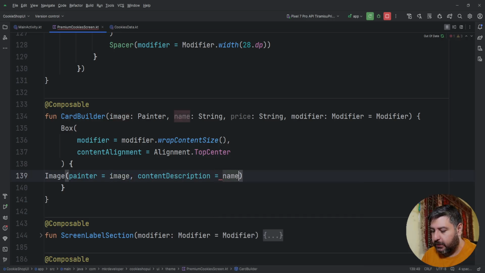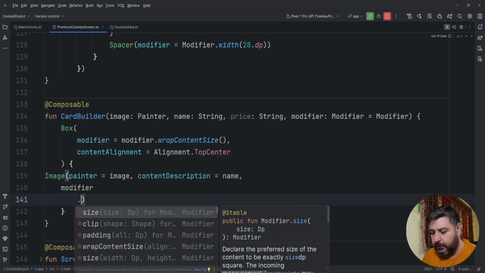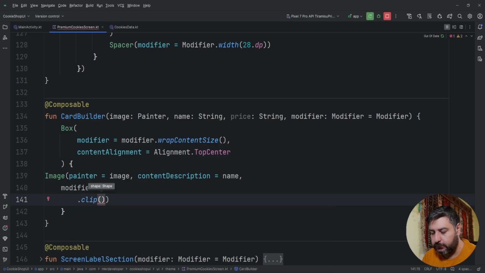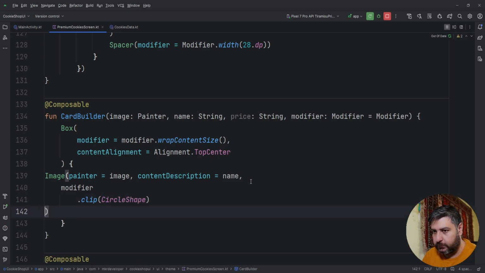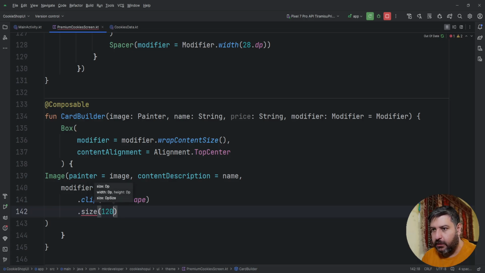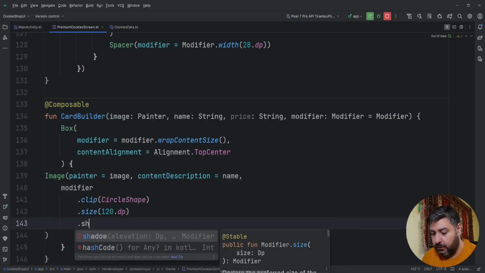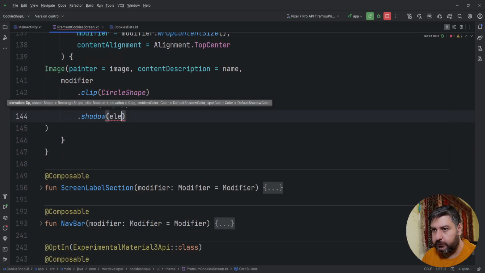We can use name for the content description, and in the next line, a modifier dot clip circle shape, then size of 120 dp dot let's have a shadow, elevation equals to 50.dp. Okay, this is the first image,